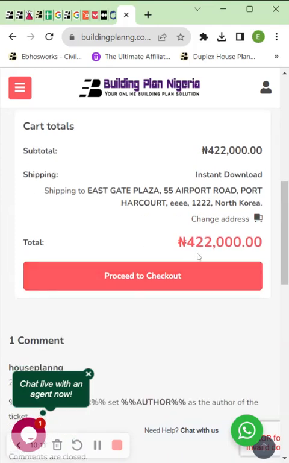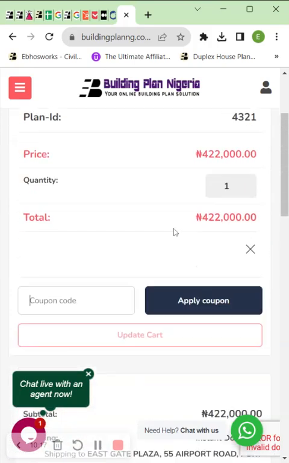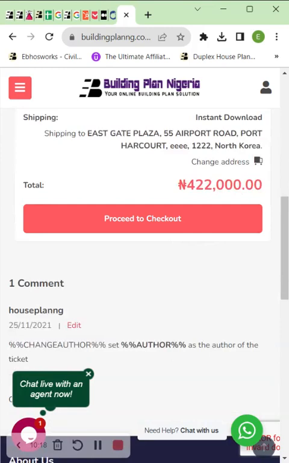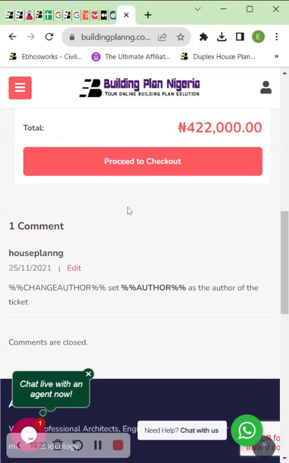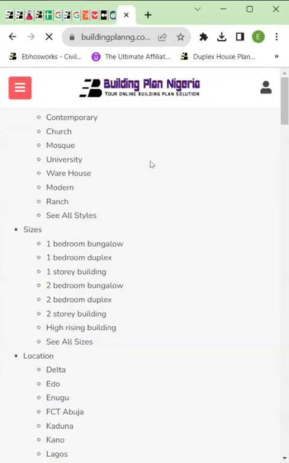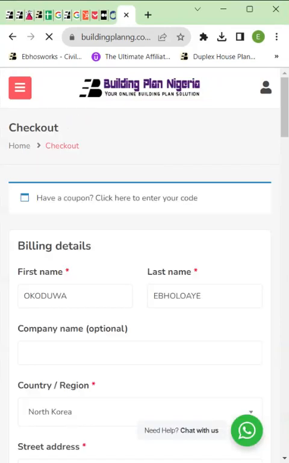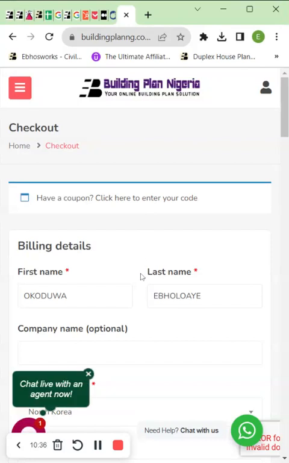So once you are okay with it and the amount you are seeing at the checkout stage is the same thing at this point, then you are good to go. You go straight to the checkout. Now once you get to the checkout, the next thing you are likely to do is to fill your information. If you are not a registered member, if you have not registered with Houseplan Market,